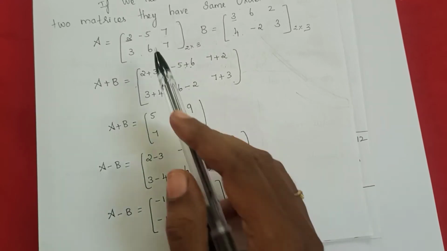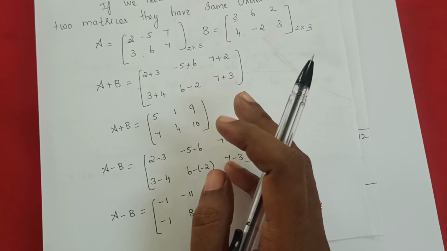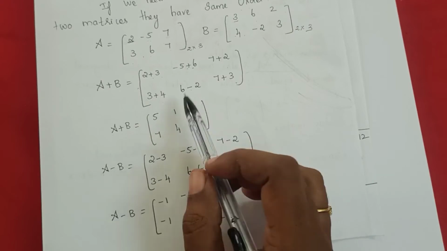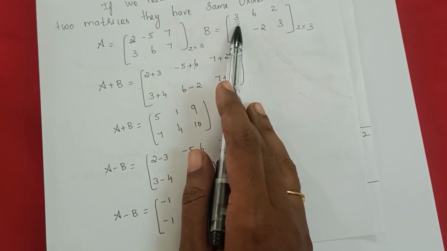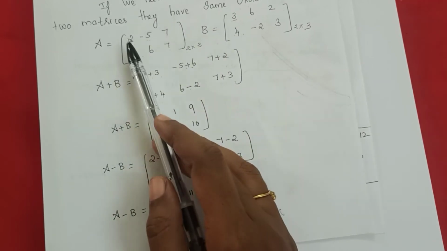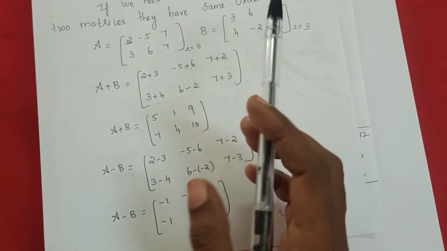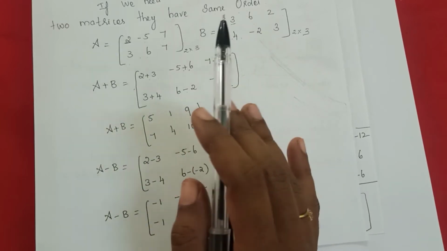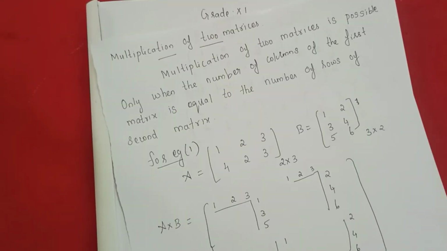Understand, students? So first you check whether the given matrices are in the same order. Afterwards corresponding. Here first row first element means that matrix also first row first element. Don't confuse that. First row first element must be added with the first row first element. Same as that subtraction means also first row first element must be subtracted with the first row first element. Understand, students? So A plus B, A minus B. Got it? All of you understand? I will give you some examples to work out in your home also. Okay? Let's move to the next one.